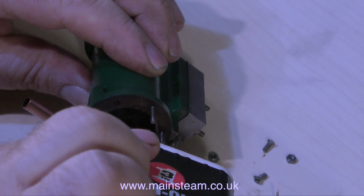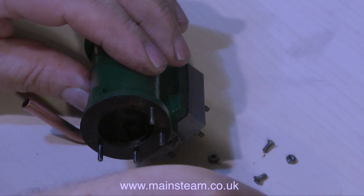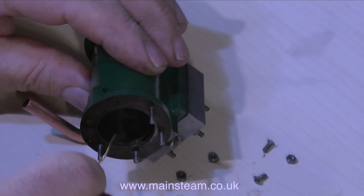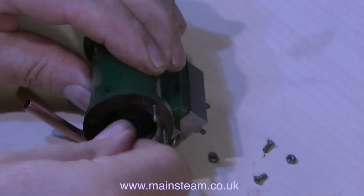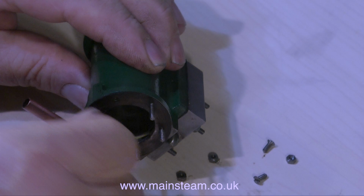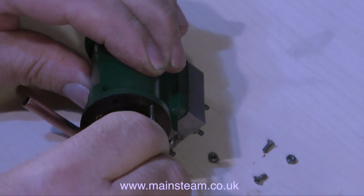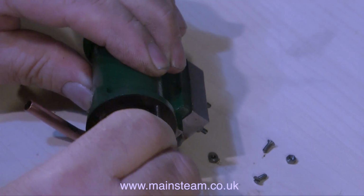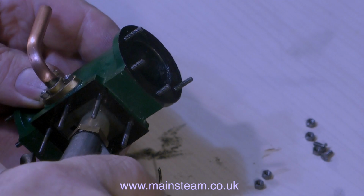These cast iron cylinders are sand castings, and sometimes the casting sand can be left behind. The casting sand remains in the casting itself, usually in the steamways. And the best way to get rid of this sand is to poke it out with some soft brass wire, as shown here. As this sand is in the steamways and it's mixed with oil, it's particularly difficult to get rid of it. It takes quite a while to poke it all out with the piece of brass wire, and